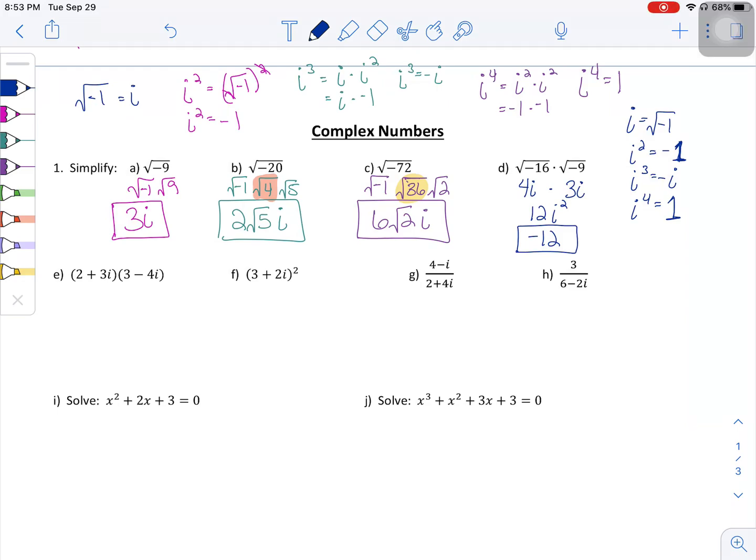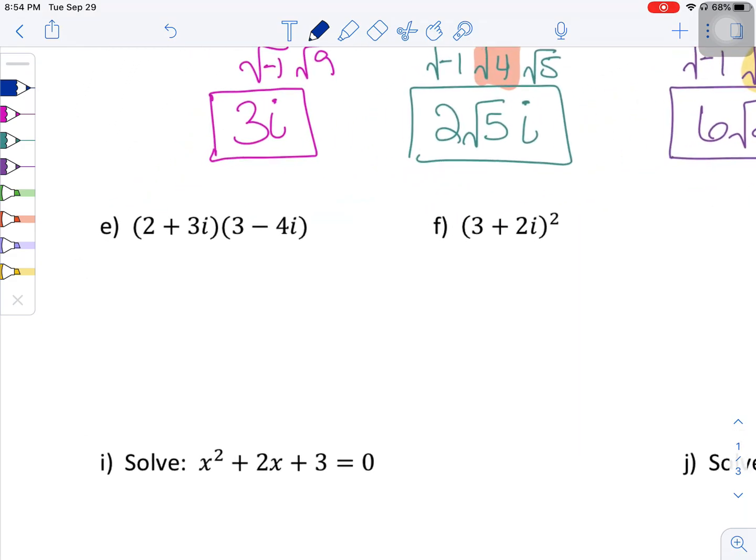All right, so in this video, it's going to be the second part of the complex numbers. And what I want to focus on is multiplying them, rationalizing them, and then actually using them to solve. And so if we look at part E, and this time I'm going to zoom in, all right, we have